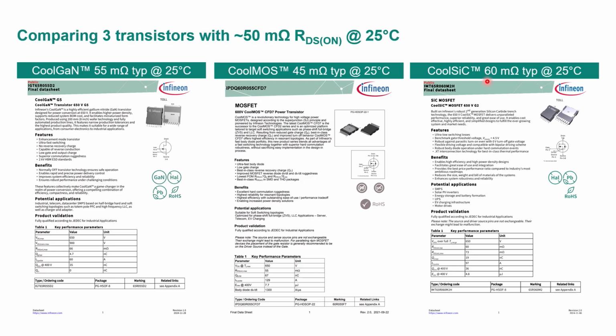And then notice the silicon carbide, the CoolSiC, is a 60 milliohm device. The reason this was chosen at a little bit higher RDS(on) is because what really matters is not 25 degrees C. What matters is hot, at like 125 C, and we'll look at that in a moment. So this is just the front page data sheet of these 3. Let's focus on the key parameters that most designers are looking at in designing power supplies.